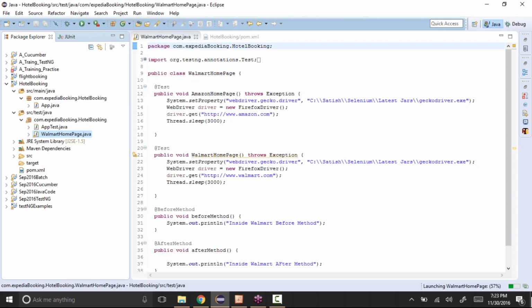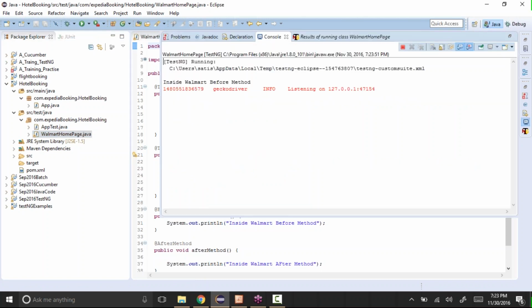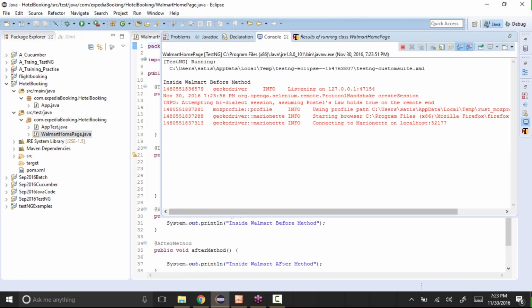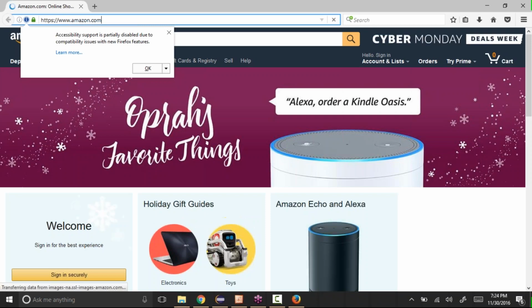So from here, nothing changes. It's going to execute in the same way. It's launching the browser, or whatever code is there in your script, it's going to execute that.